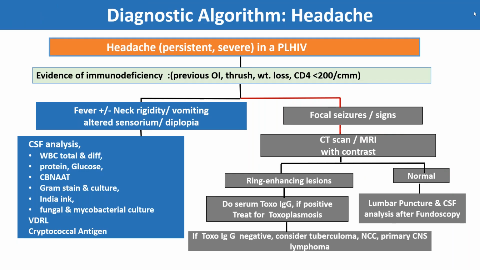If a patient with HIV has severe headache, you will look whether there is presence of fever, neck rigidity, vomiting, altered sensorium or diplopia, and these are meningeal symptoms. Here, the first test you will do is a CSF analysis and send that for analysis. If on the contrary, a patient has focal seizures or signs,